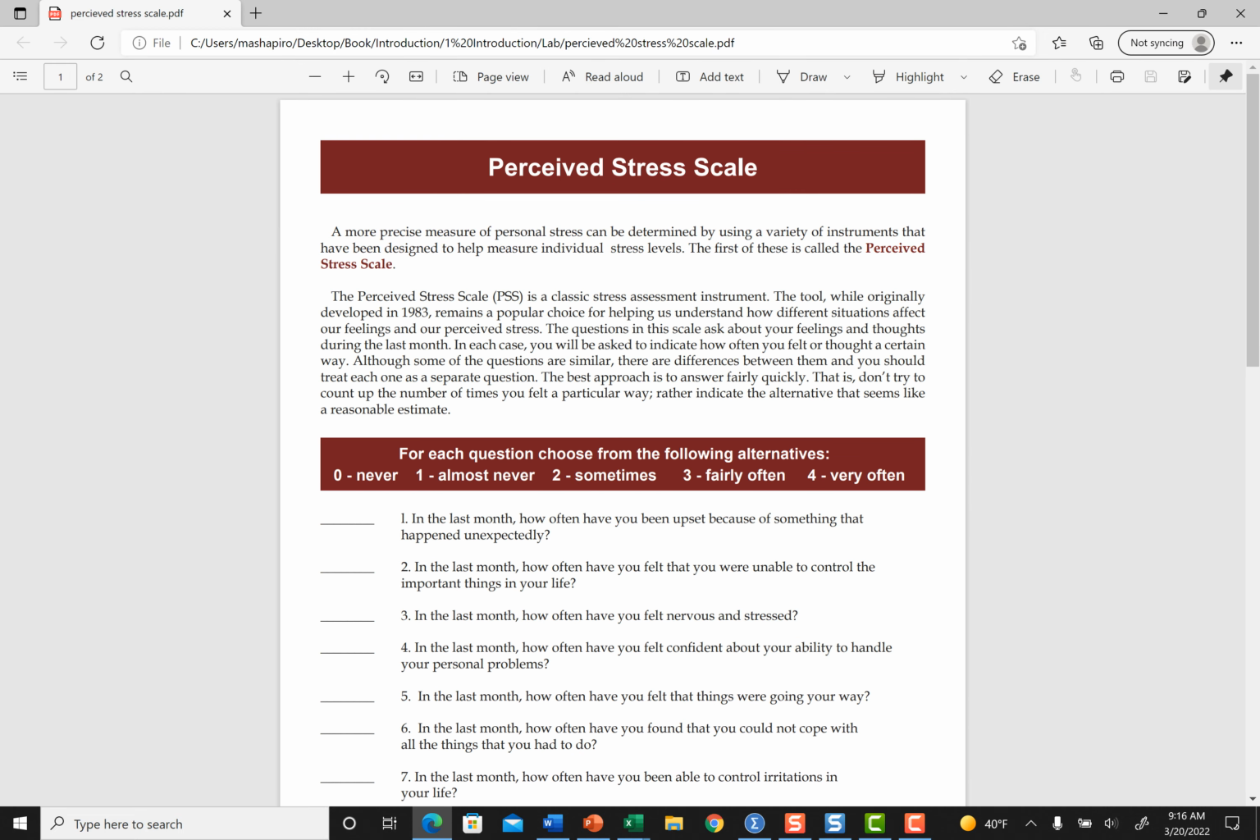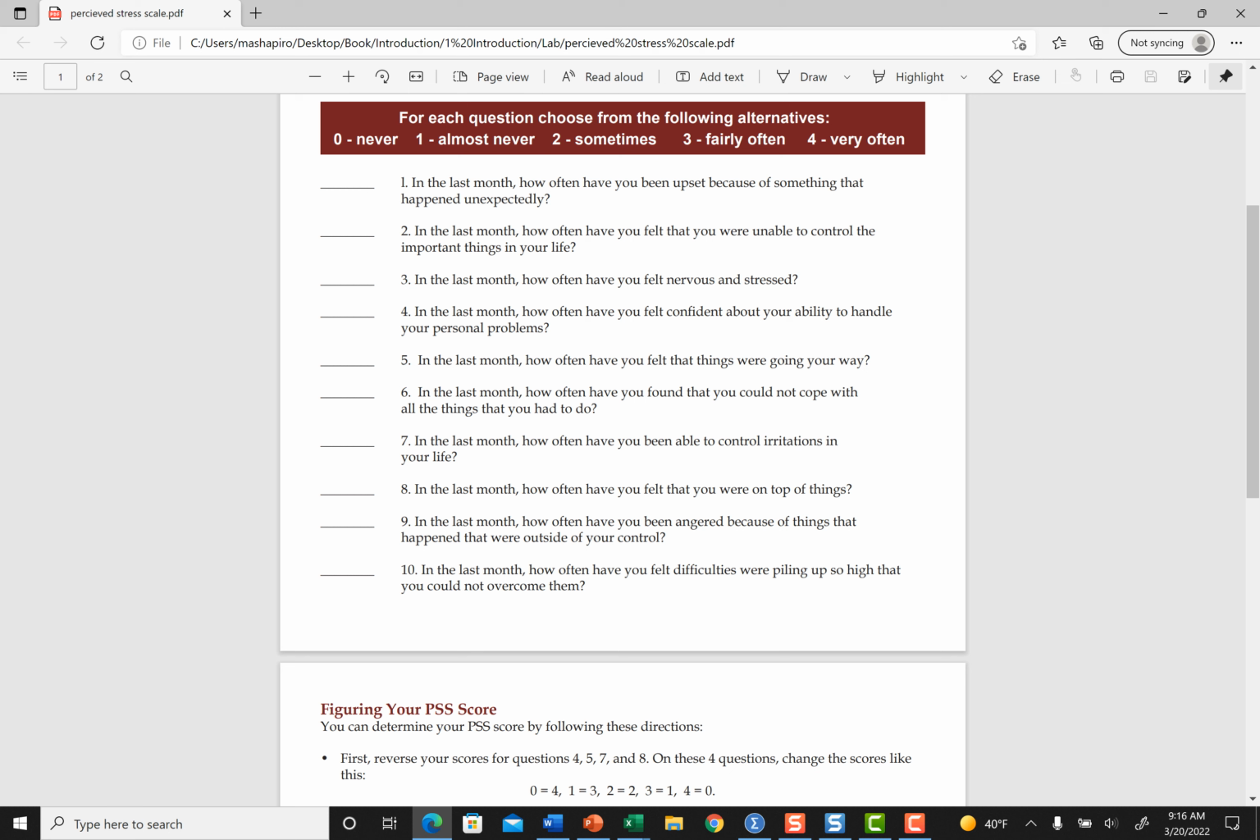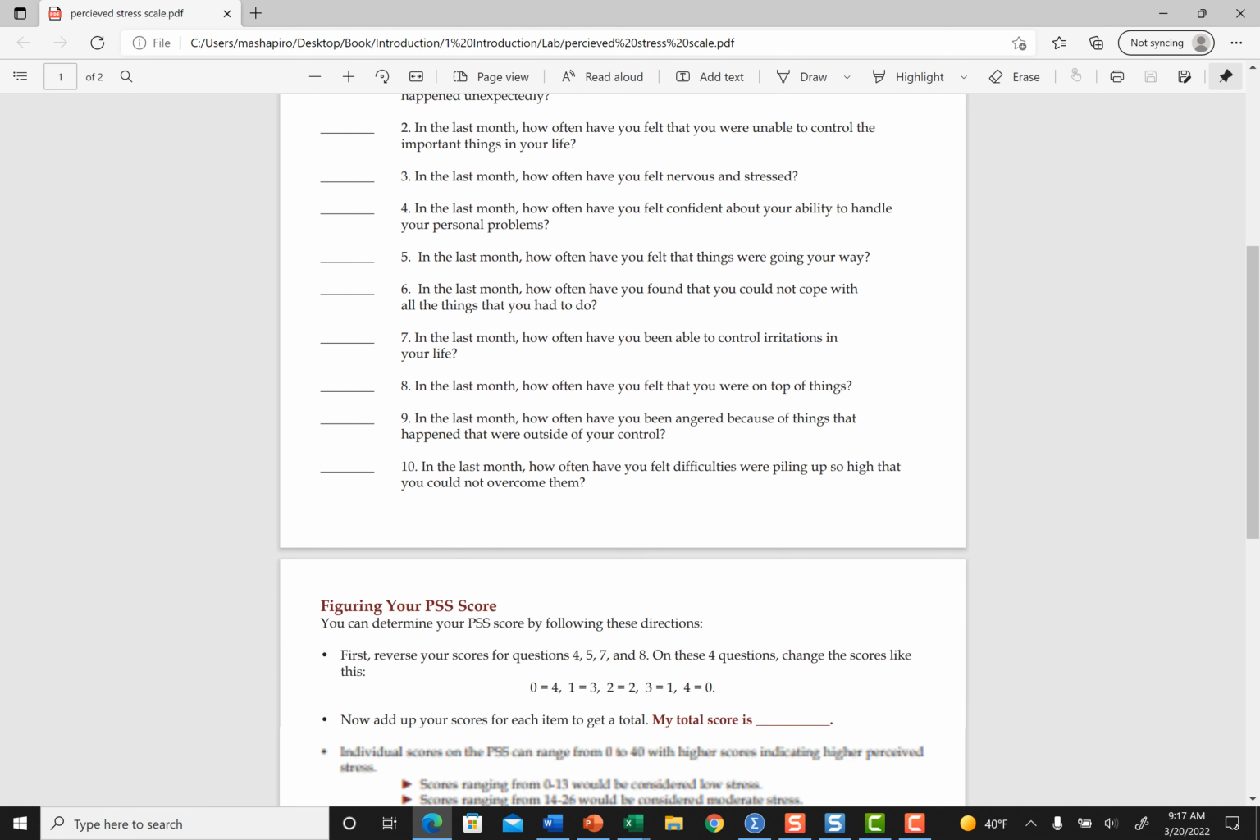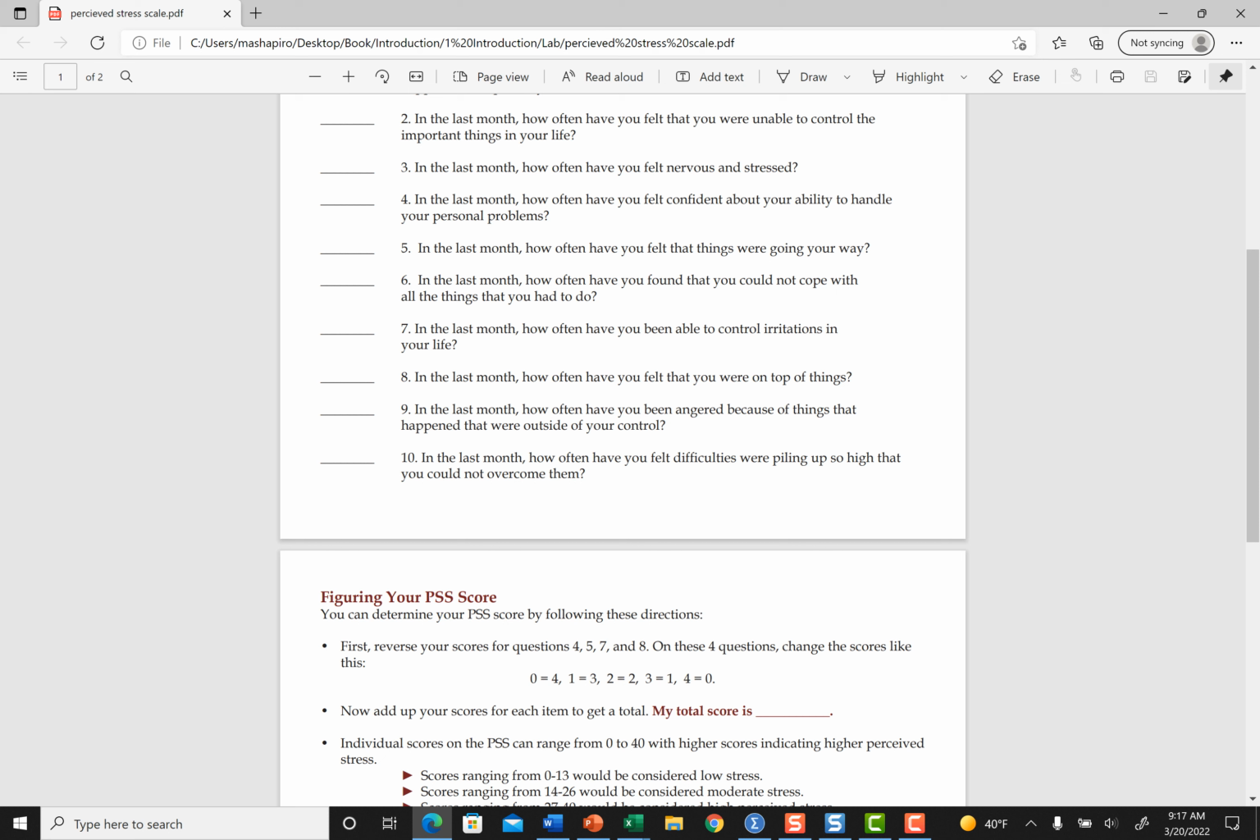The perceived stress scale asks many questions, and people answer on a Likert scale from 0, never, all the way up to 4, very often, to several of these statements. In the last month, how often have you been able to control irrational